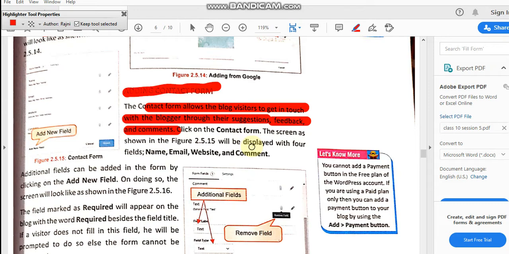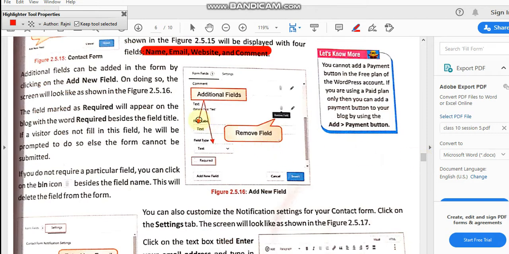You can do this using the contact form. The contact form can have all these fields, as you can see here in the figure, right? I think this is all clear. Any field name is given here. Field name you can type of your choice, the text box. Any field you don't want, there you can remove.